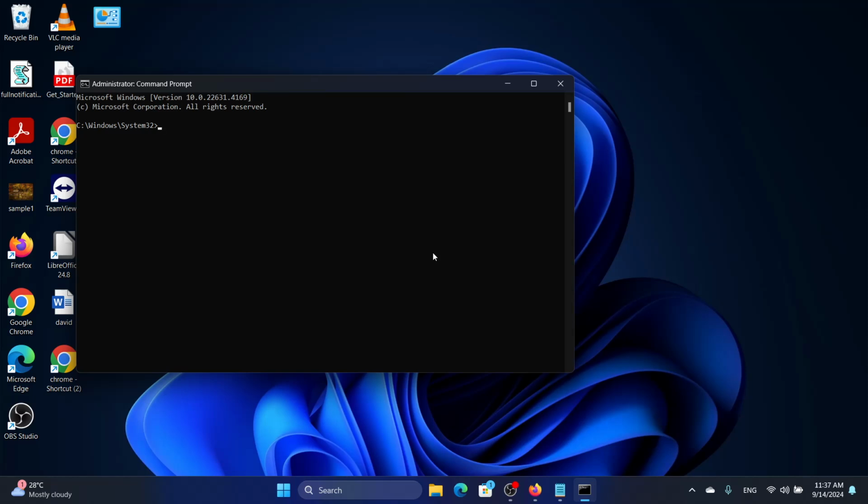The next command we need to input is the DISM /online /cleanup-image /restorehealth and press enter. Now this will also take some time for this scan to run, and once that's done